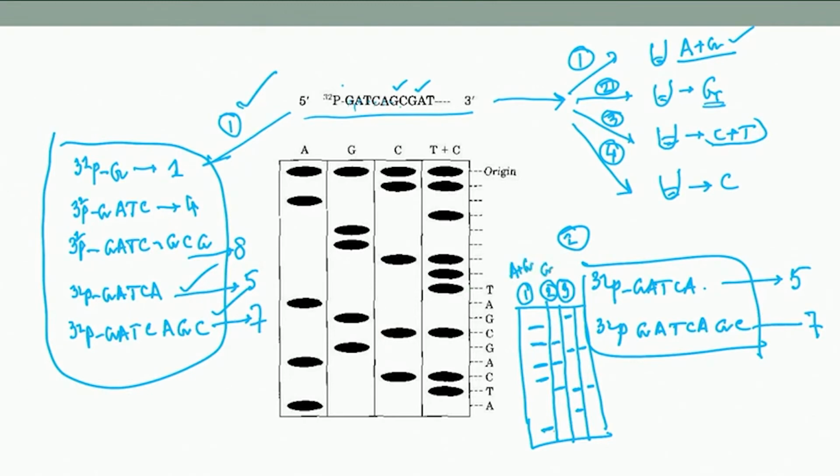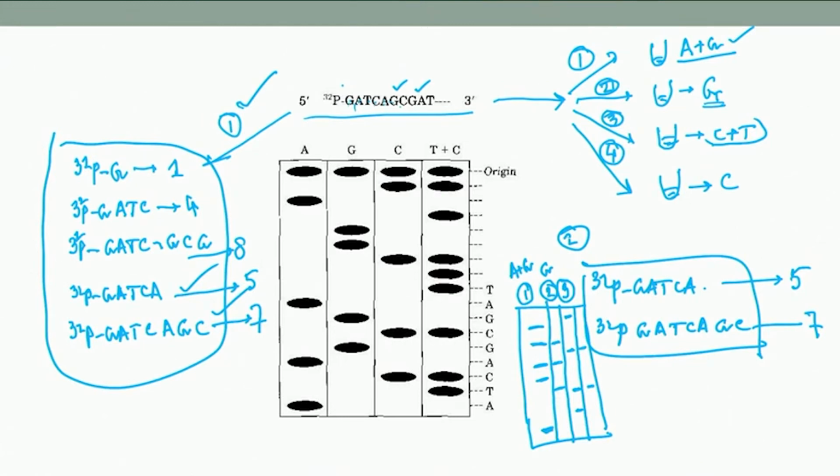Okay. So if it is only A, you want to know whether this is only due to A or G. If this is only due to A, then in the G lane you are not going to see any. If it is due to G, then you will see both in A plus G and G lane. Okay. Similarly, for C plus T, if it is only T, then you will only see in the C plus T lane, but you will not see that in the C lane. But if you see both, that means that it is actually C. So that means where there are doubling, so this is C,